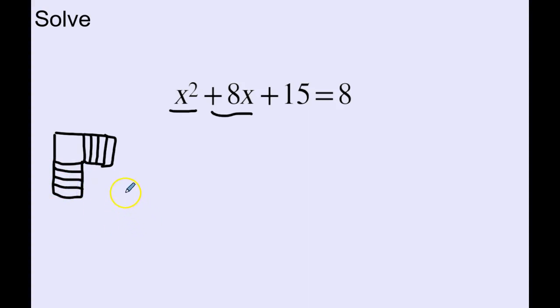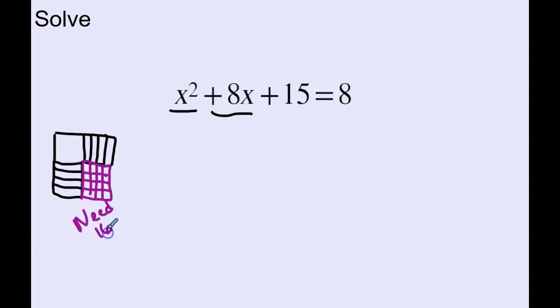Okay? And now I need the number 15. Let's not worry about what they're telling us it is. Let's think about what it actually is. So what is this actually down here? What actually completes this square? What fits there? Well, I think you guys can see if we filled it up, it would be 16. So we need